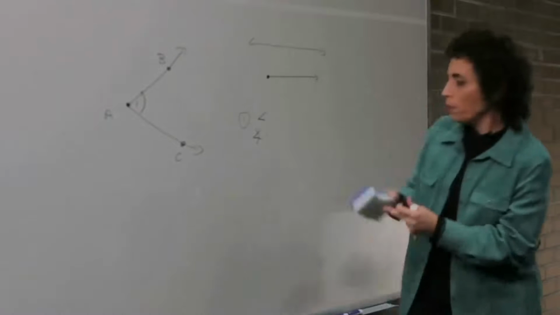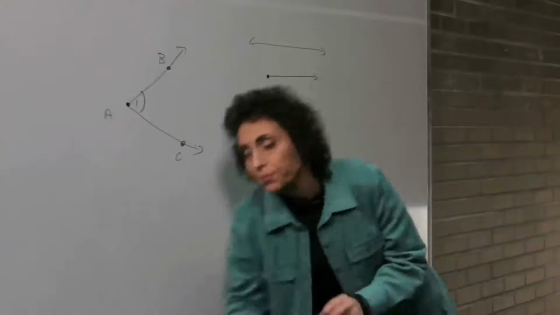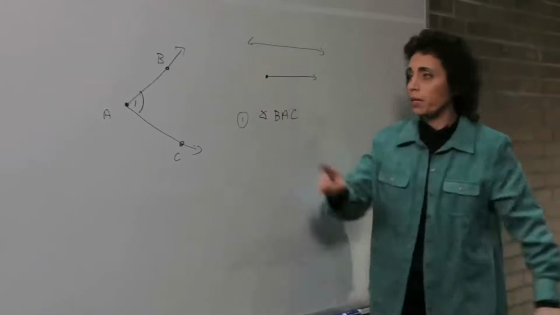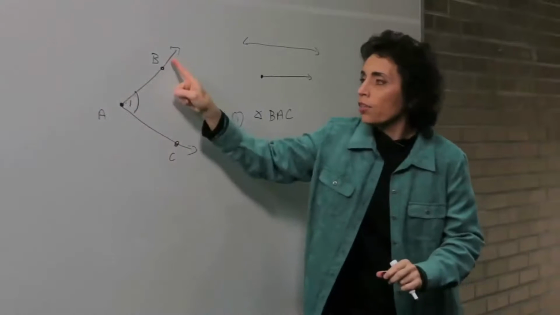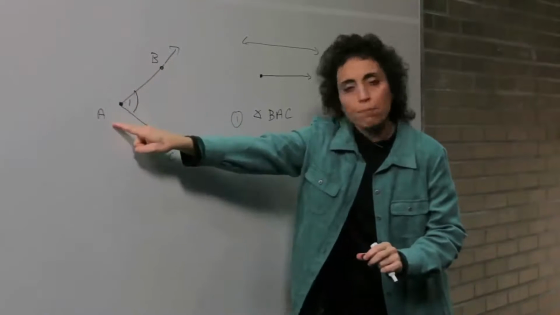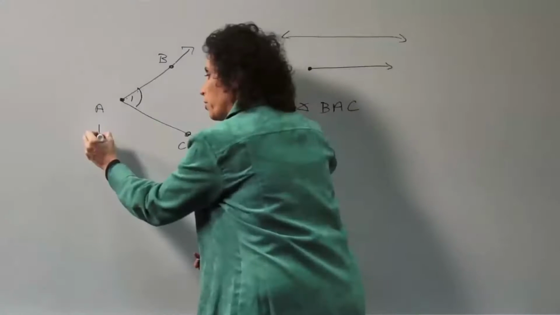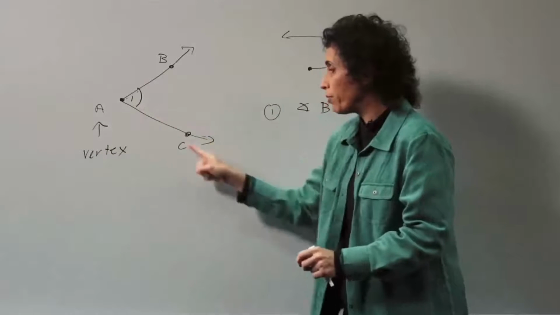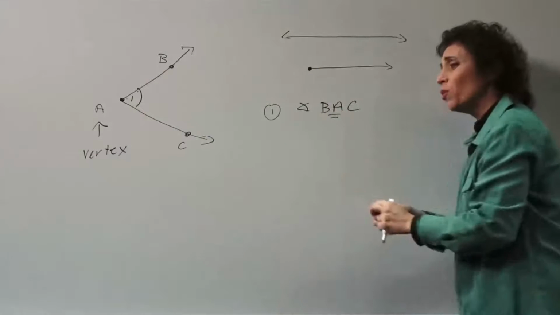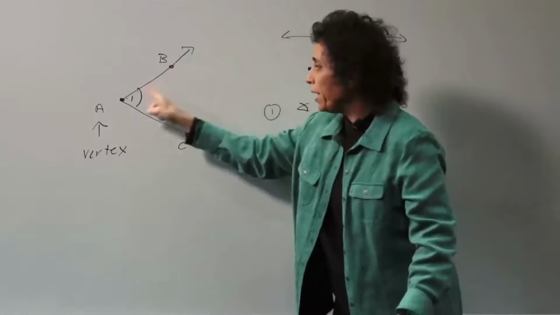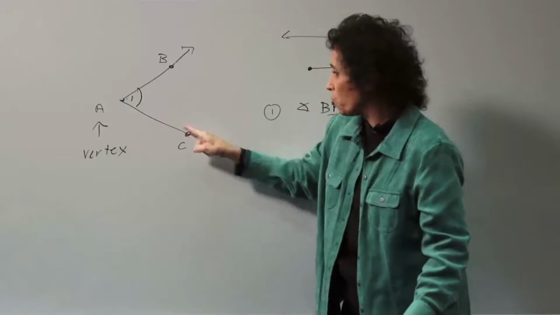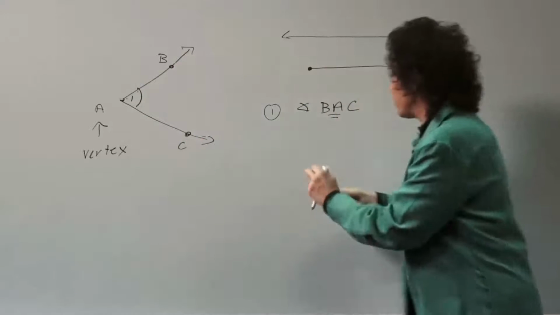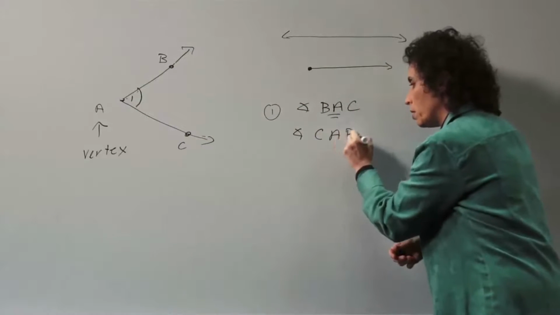I'm just going to write using the symbol of my choice. I'm going to use this and name this BAC. Let's talk about this a little bit. This is angle BAC. An angle is made up of 2 rays that share a common endpoint. Here's its common endpoint. This endpoint is called the vertex. Whenever you name an angle by 3 letters, the vertex must be in the middle, which makes common sense, because BAC, I can follow it like this, or CAB, I never have to pick up my finger because they're all connected. CAB, BAC, that's the same angle. Again, vertex in the middle.